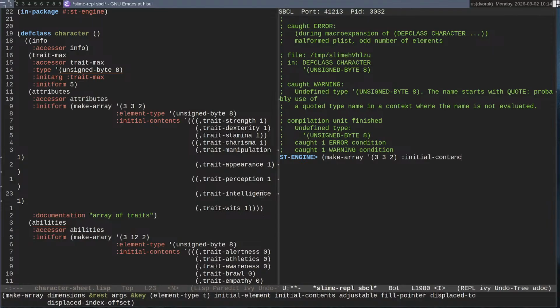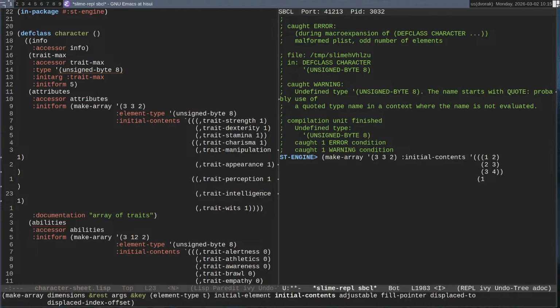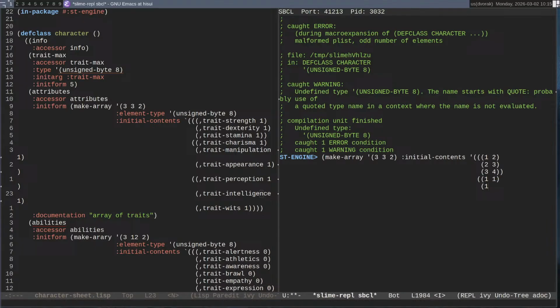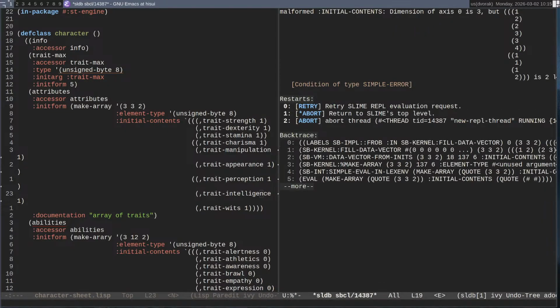Initial contents: 1, 2, 2, 3, 3, 4. I don't know. 1, 2. Dimension of axis 0 is 3. But,